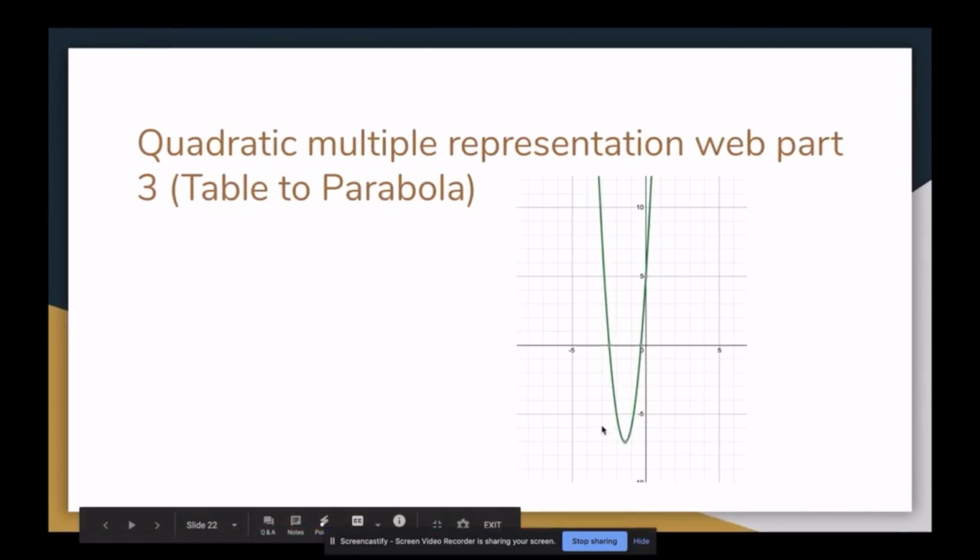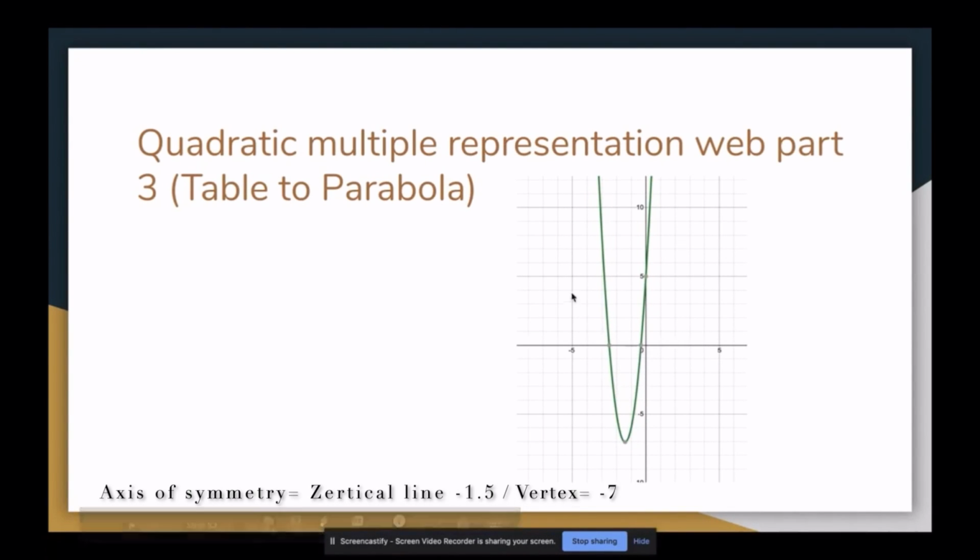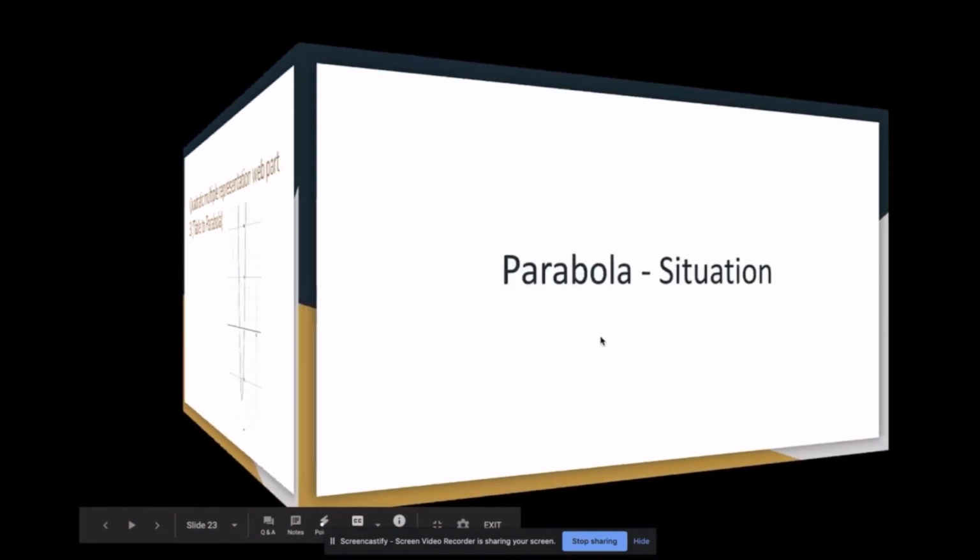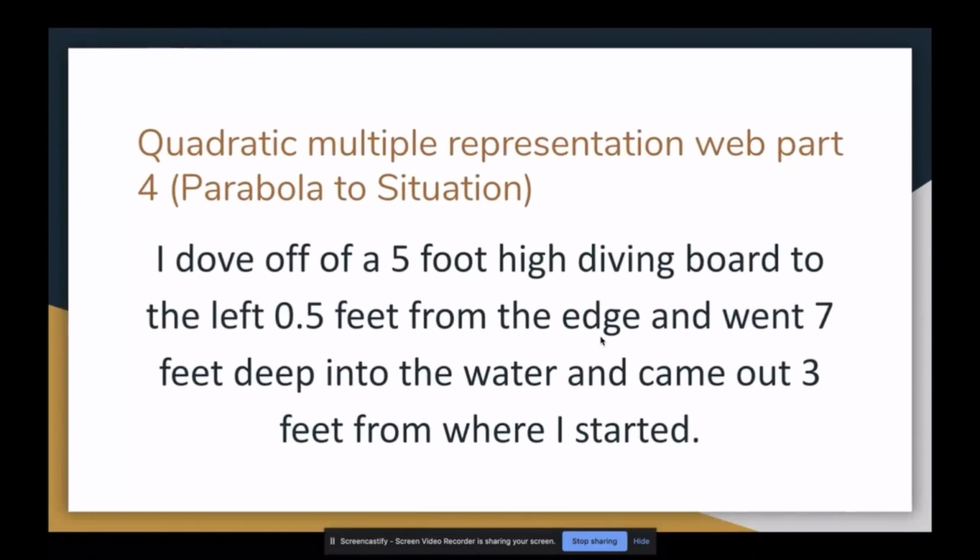So first you plot your vertex and your x-intercepts, and then you put your parabola, and then you plot your y-intercept, which is 5, and then your vertex, which is -7, and then your 2 x-intercepts. So then we take this and we put it in a situation as if you're diving into a pool, because it makes the motion. So since your y-intercept is 5, you put, I dove off of a 5-foot-high diving board